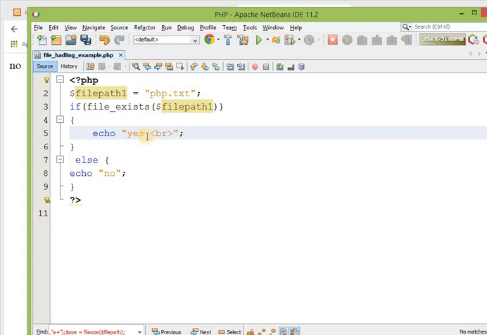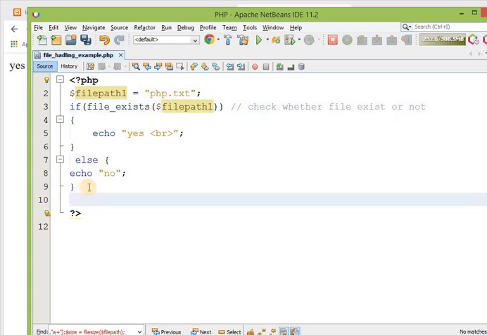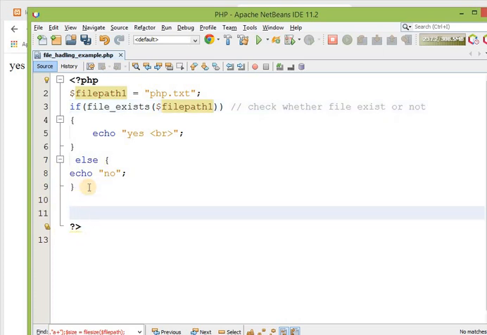So this is my checking whether the file exists or not. I have checked successfully. Now after that I want to read this particular file.